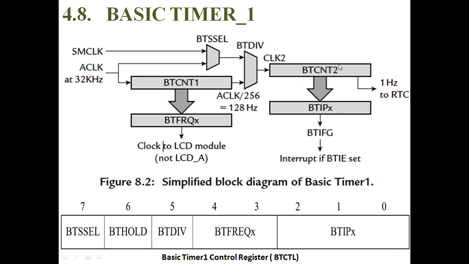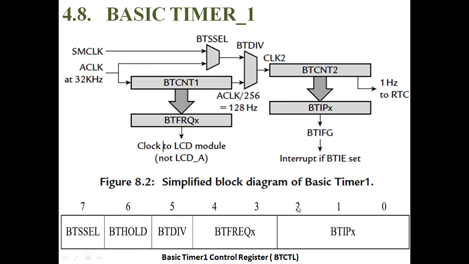Similarly, it is used as a 16-bit counter or timer by cascading basic timer counter 1 and basic timer counter 2. So here whatever frequency we are getting, that means the auxiliary clock frequency, that is divided by 256 and giving to the basic timer divisor, that is giving to basic timer counter 2 and provides the clock to the real time clock. Like that it provides the 16-bit clock. So this will be controlled by using the control register. This will be stopped whenever not required by using the basic timer hold pin.